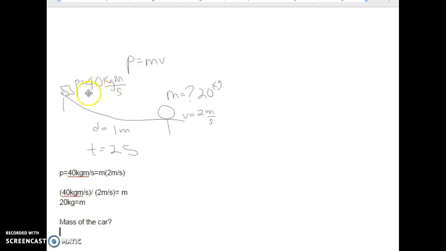So we could just set the momentum of the car equal to its velocity, which we have, times its mass. So we could say, okay, these 40 kilogram meters per second is equal to the unknown mass of the car times this 1/2 meter per second, so 0.5 meters per second. And then we could divide 40 by the 0.5 meters per second and get the mass of the car. And the other thing we could do